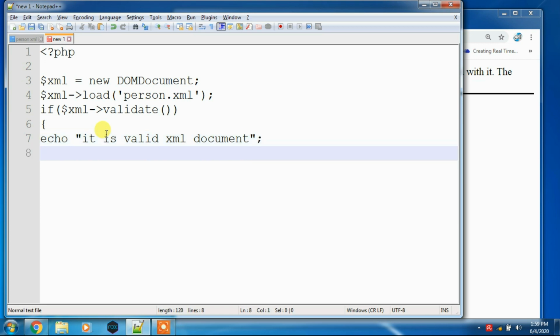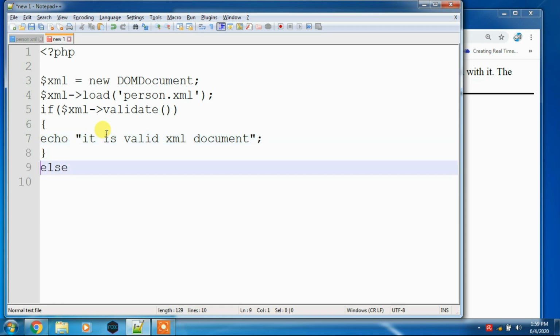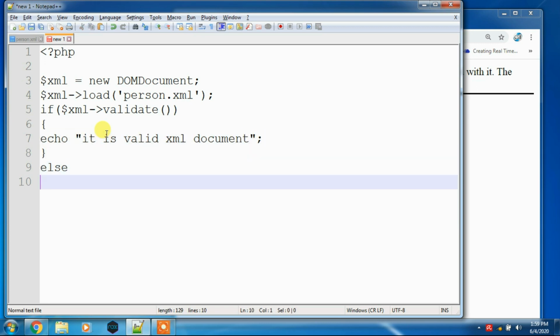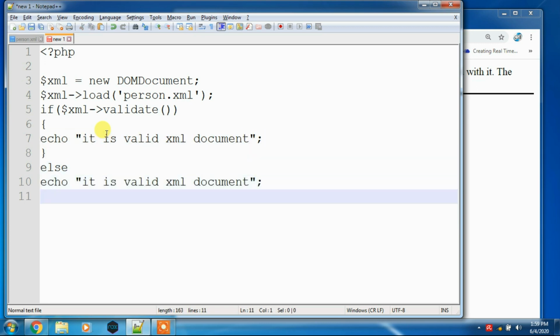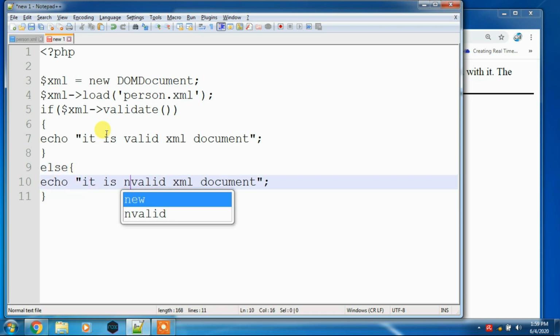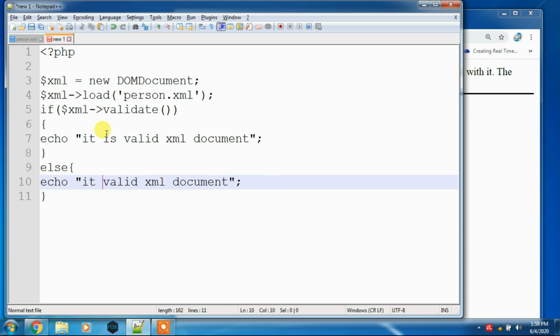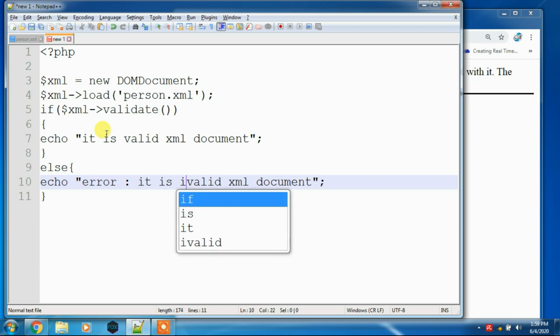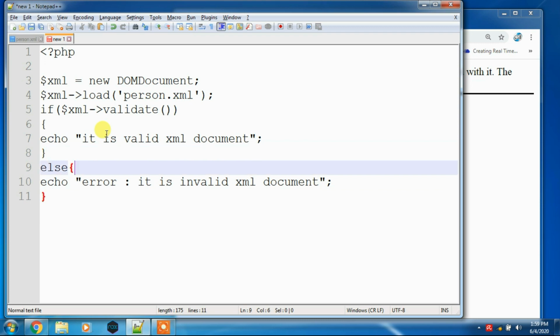And then we can use the else part also. Else echo, you can write this is invalid, or you can take it as error. It is an invalid XML document.